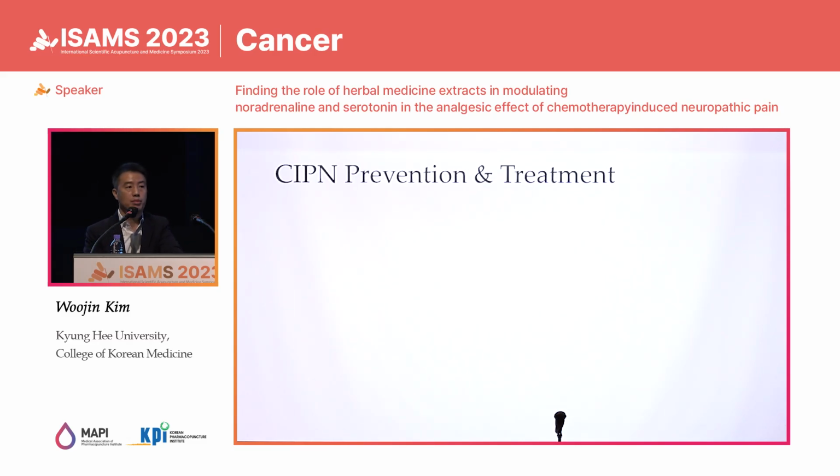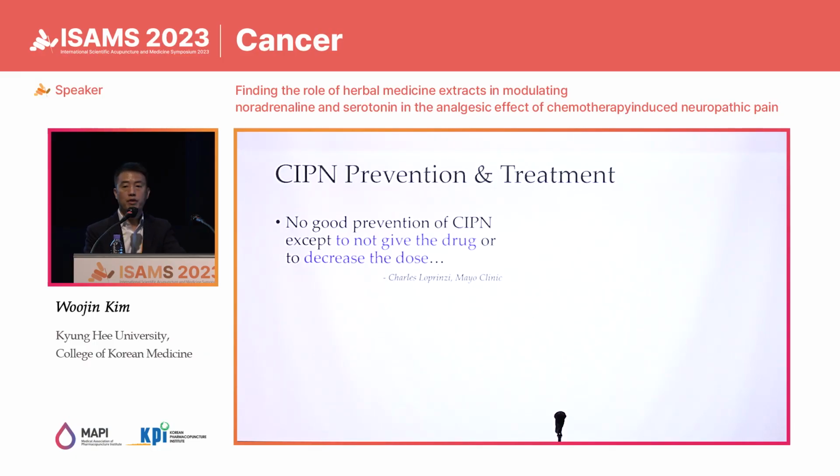So how is the CIPN prevented and treated now? For the prevention, unfortunately, it says that there is no good prevention. It says that the good way to prevent the CIPN is to not give the drug or to decrease the dose. And even the American Society of Clinical Oncology says that we don't recommend any drug for the prevention of